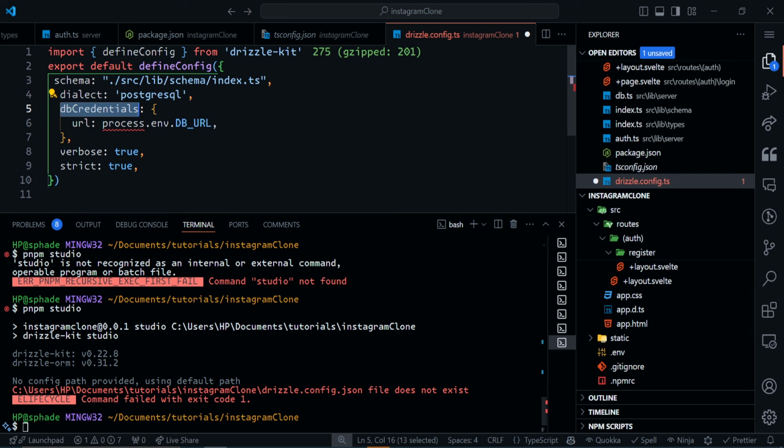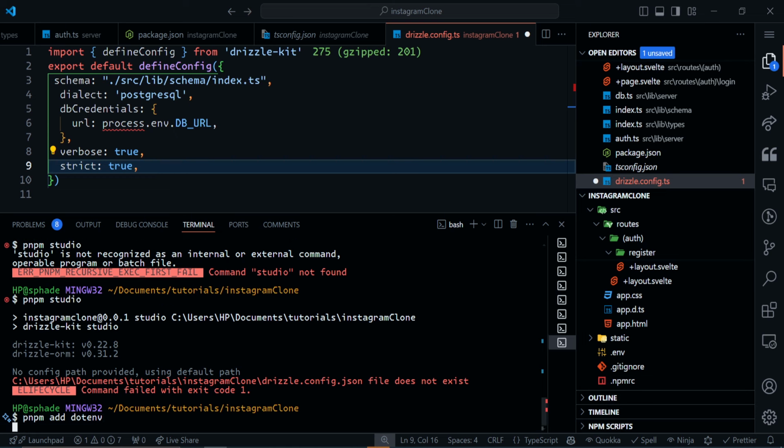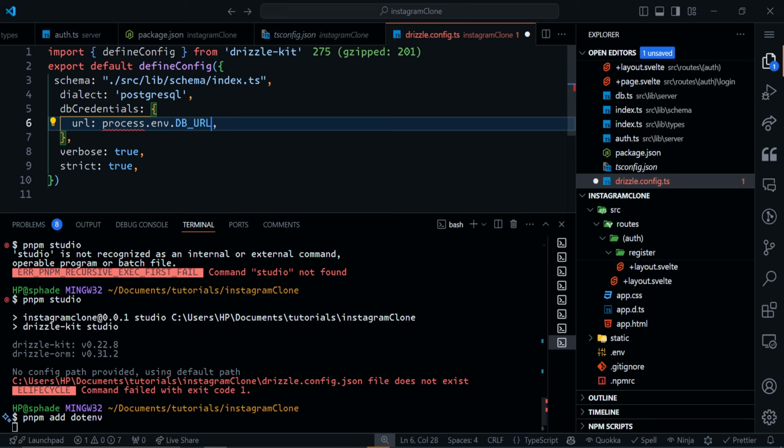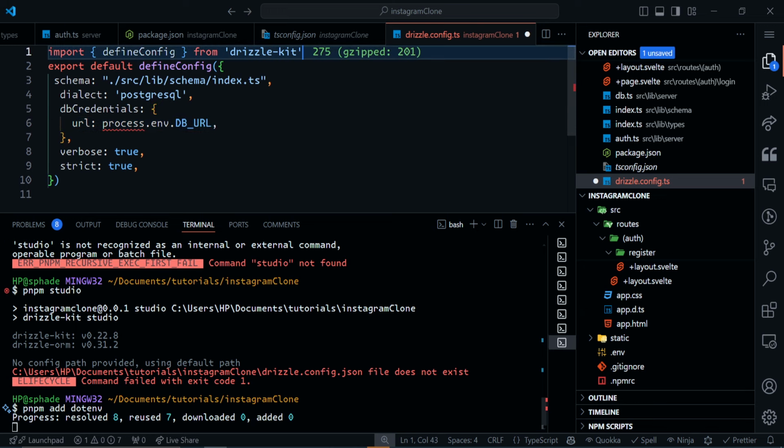SvelteKit manner of getting the environment variable. But we could actually work, funny enough, but it's going to be throwing an error. You'll see this red line showing. So one way of doing it is just to install dotenv. That will save us all those issues. So do npm add dotenv, and once that installs, we can just